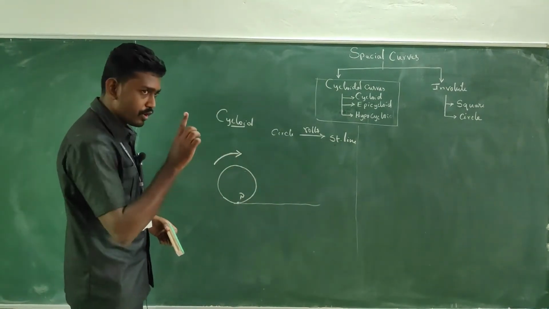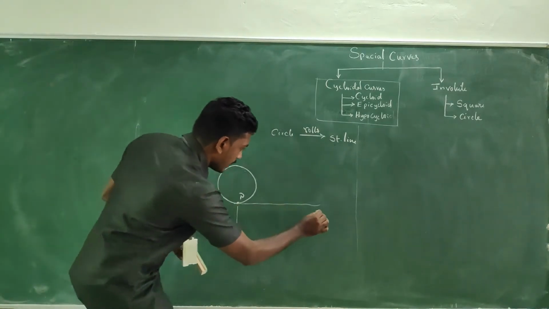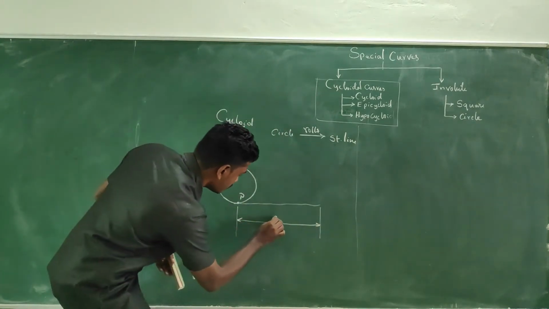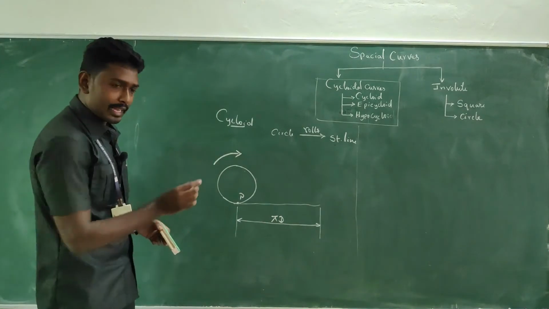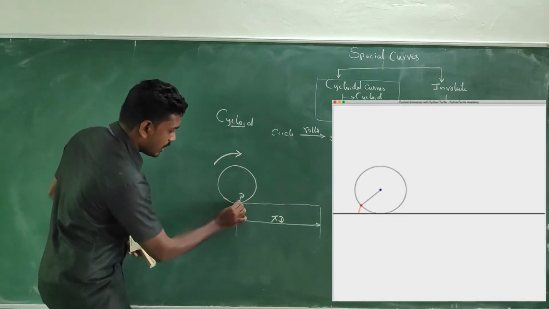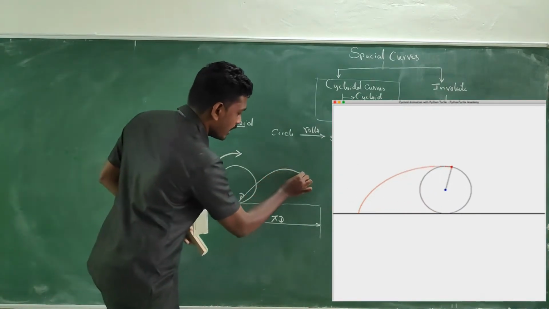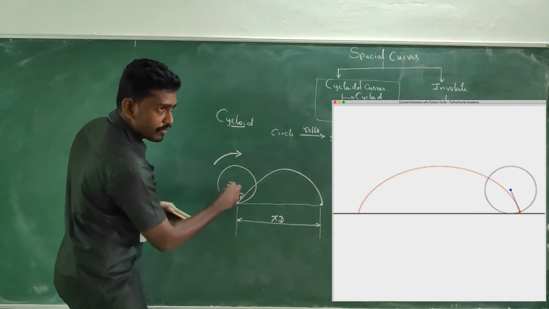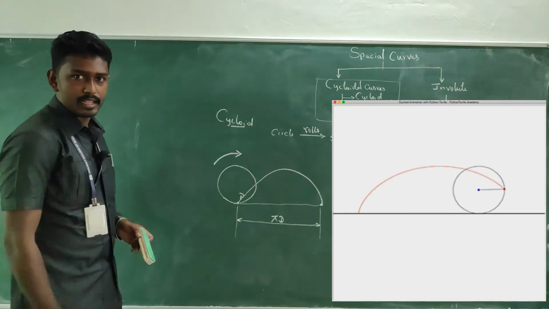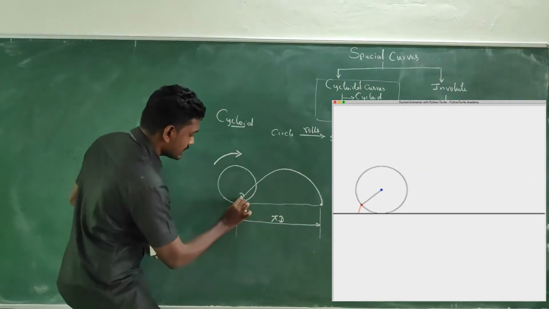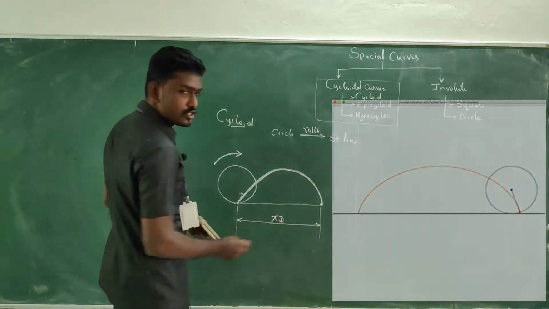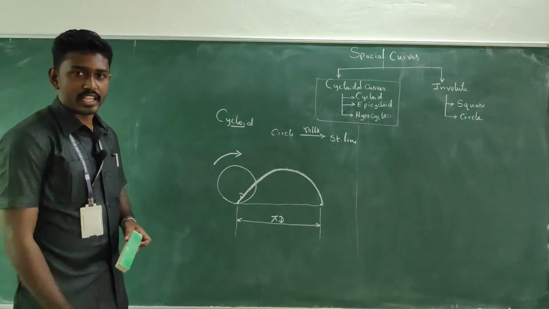For one complete revolution, one turn, the circle covers a distance of pi times d. Now keep your eye on this point as it goes on tracing. If you have a good imagination, you can see the path of this point when rolling for one complete revolution. You could see the path in this manner, like a rainbow shape. So this curve we call a cycloid.